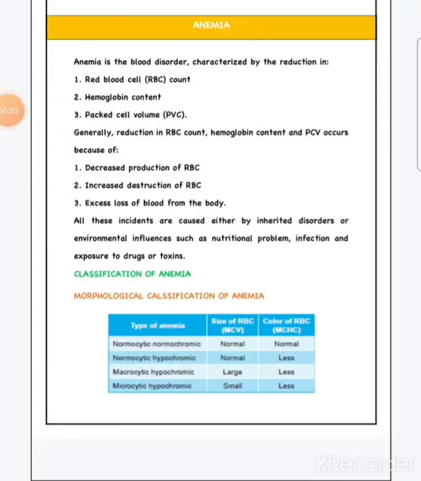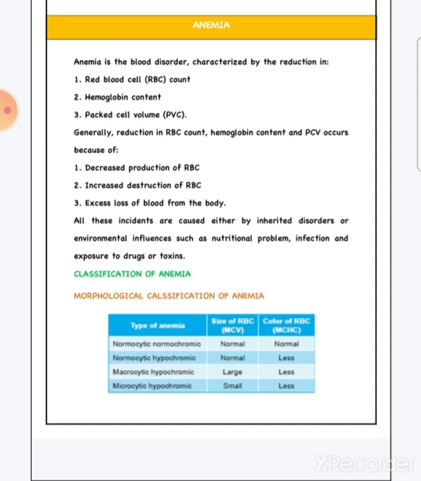Anemia. Anemia is the blood disorder characterized by the reduction in the 1. red blood cell count, 2. hemoglobin count, 3. packed cell volume. Generally, reduction in the red blood cell count, hemoglobin count, and PCV occurs because of